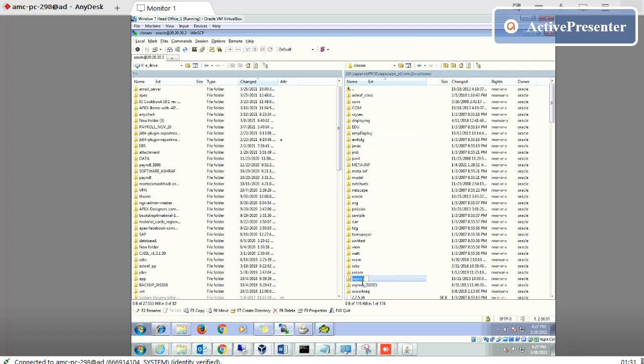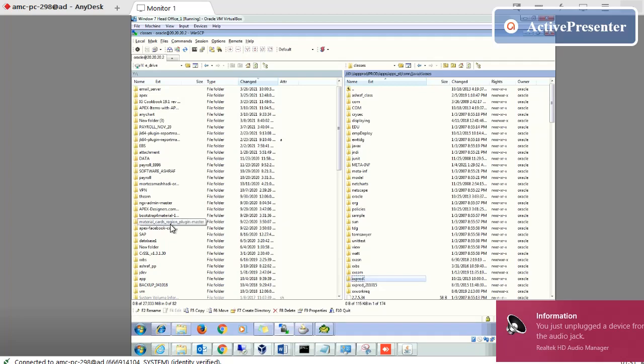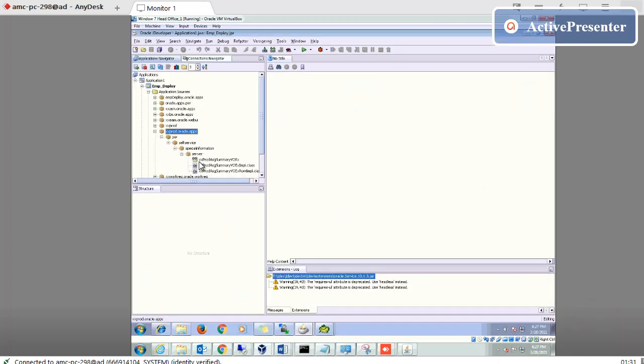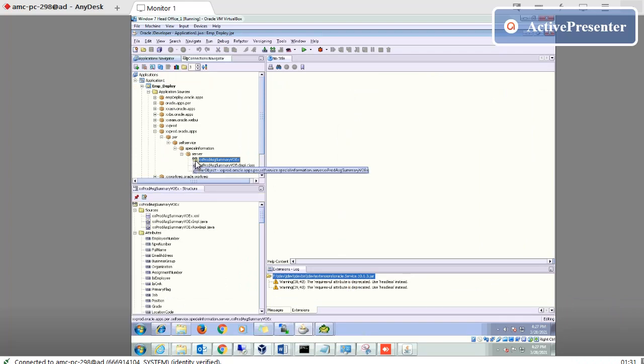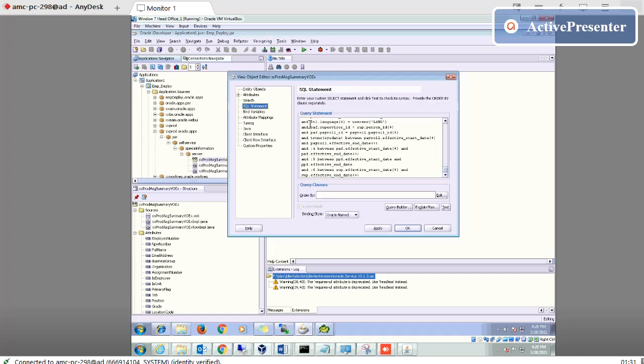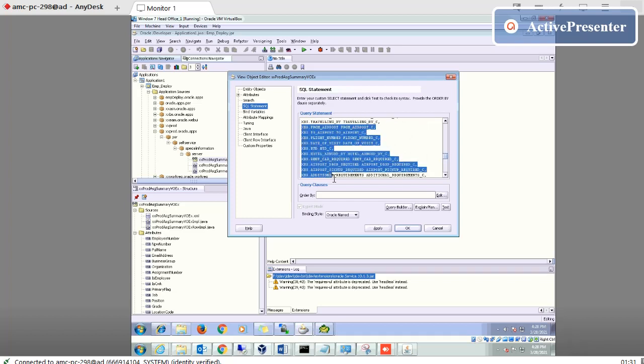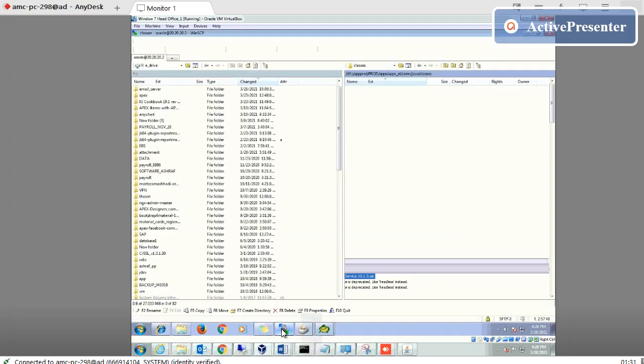Then we have to transfer it to our local drive. So this is available, this is our customized one. We will edit this. You will see we change the query here and add a table name, this one, access EMP sheet, and add all the columns. All these columns are available here. Save this, and save as to transfer it.